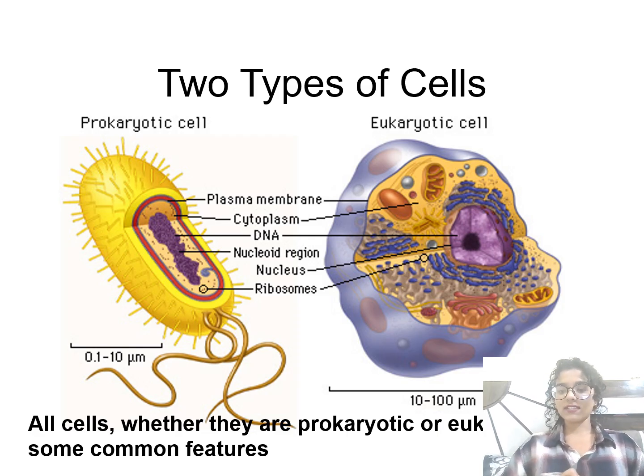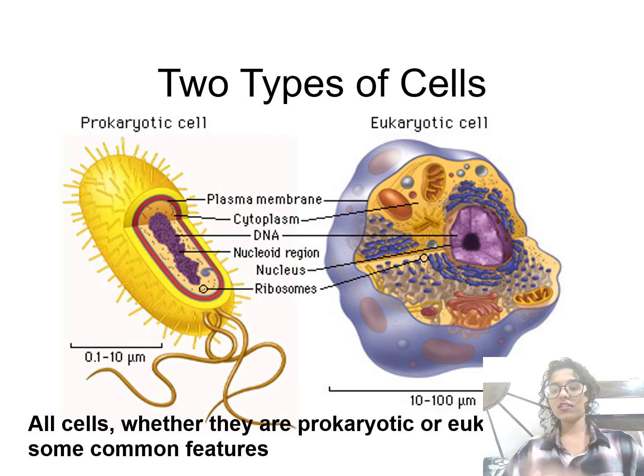On the other hand, in eukaryotic cells, eu means after and karyotic means nucleus. So, eukaryotic cells are the cells which were discovered after the discovery of the nucleus. We say that a true nucleus is present in eukaryotic cells. If you see in the images, you will clearly see that the DNA is slightly scattered in the prokaryotic cell. On the other hand, in the eukaryotic cell, the nucleus, or I can say the DNA material, is present at a single place. The other difference between the prokaryotic cell and the eukaryotic cell is the presence of